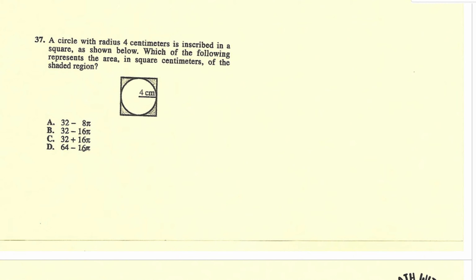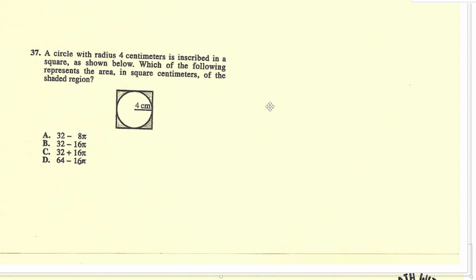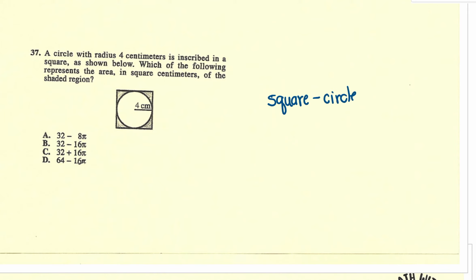This says a circle with radius 4 is inscribed in this square. Which of the following is the area of the shaded region? So if I want the area of the shaded region, I'm going to take the square, that'd be the whole thing, and minus the circle. So if I had all of it, but I just took off that little circle,